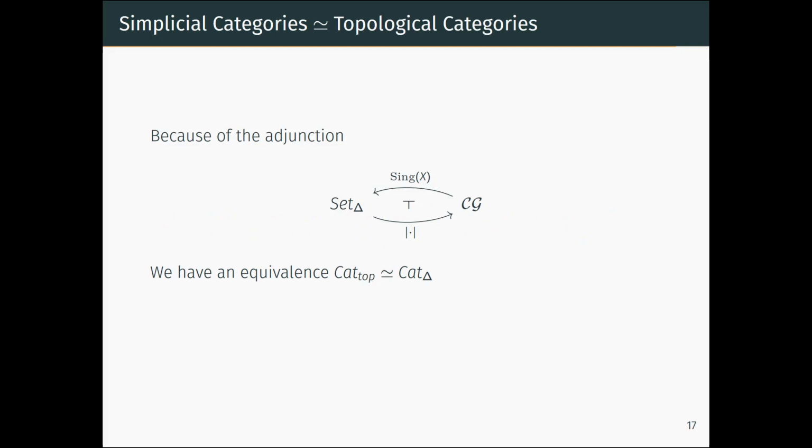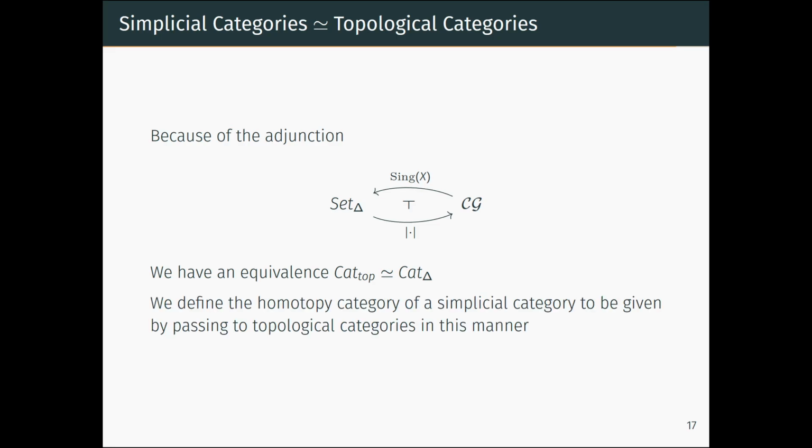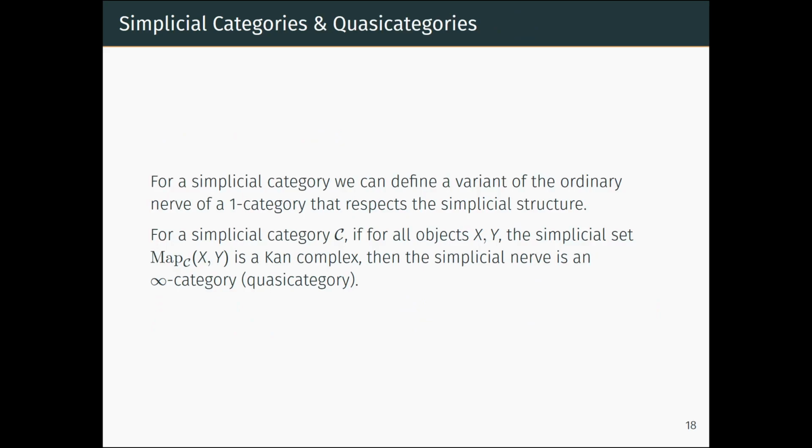And so a really immediate thing, because of our singular complex and geometric realization adjunction, we have an equivalence between topological categories and simplicial categories. So this is really nice. And so we define the homotopy category of a simplicial category to be given by passing to the topological categories, kind of in this adjunction. And so the really natural thing that we're going to want here,